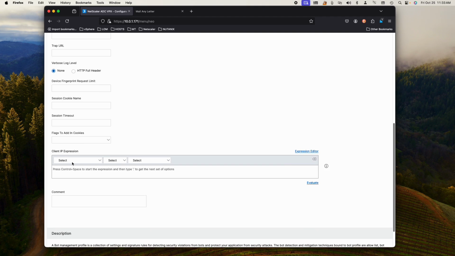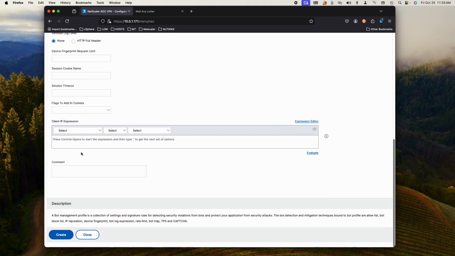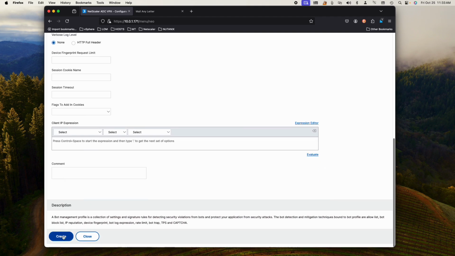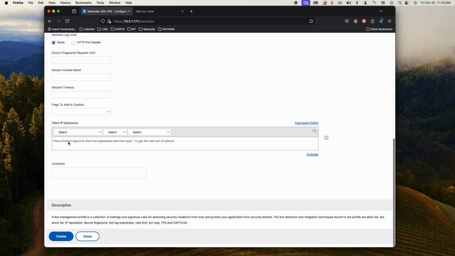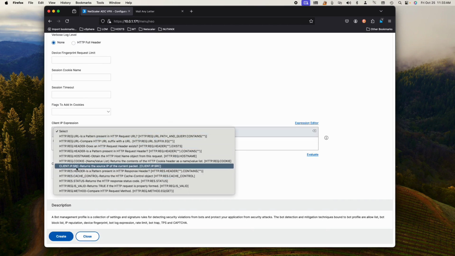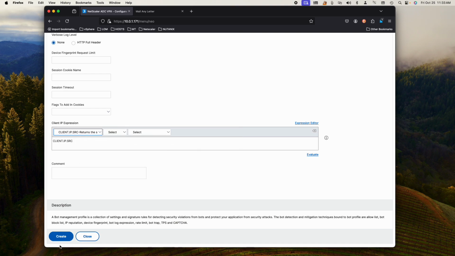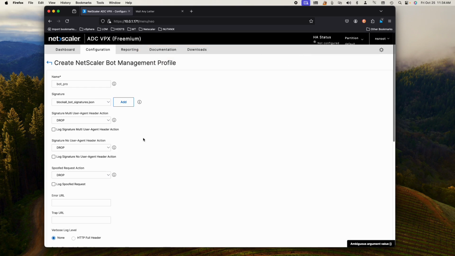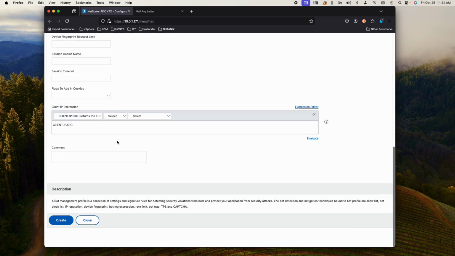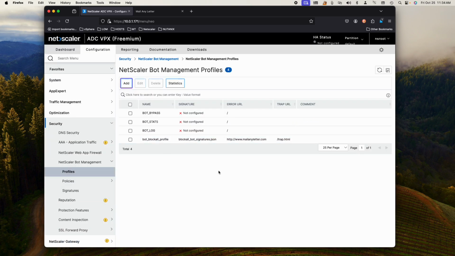Now this is where client IP expression, if it's left blank, what happens? You get an ambiguous argument value. I'm not sure why. I tried different things. Select client IP source, create. You still get the ambiguous value. So the way I found to resolve this is to close this up, cancel that,